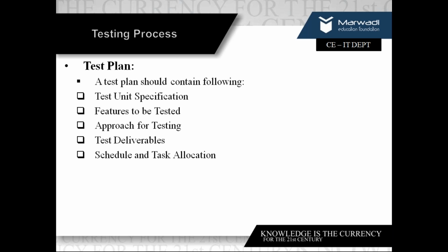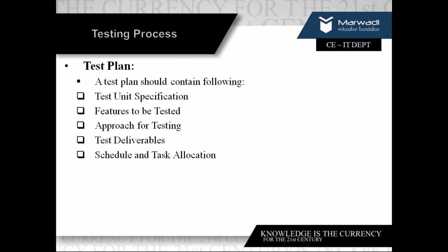Is periodical bypass applicable? What if I want to bypass for 4 days? From 10 to 14 every month I want to bypass a student. Is it being done? Was it asked by the customer? So they are the features to be tested. Okay. Approach for testing. What approach am I using in testing? You saw many approaches. You saw many levels.